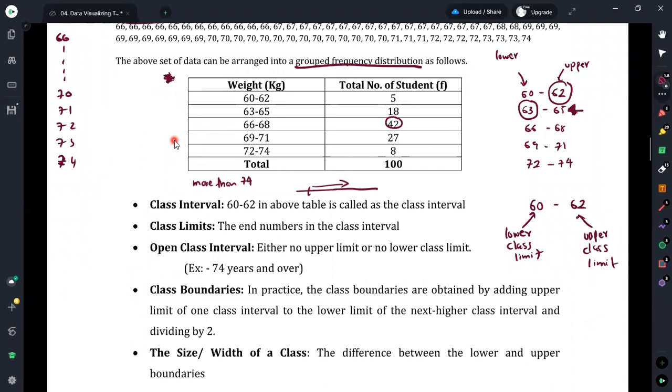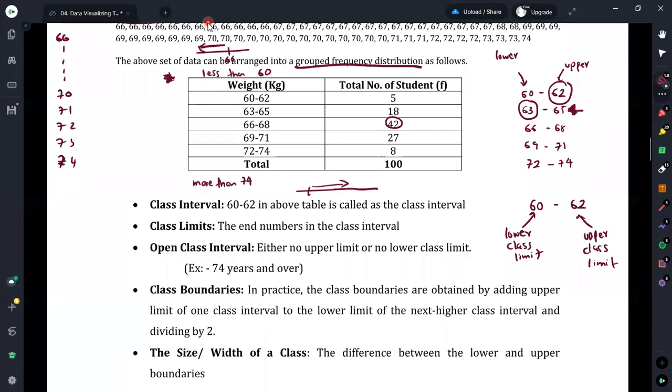Here also we can say it is less than 60. If you are considering it as less than 60, it says that the maximum we have is 60, and we can go below to any value on this lower side. That is why we can again say it is an open class interval. Therefore, if it is an open class interval, we can see that either the upper limit is there or the lower limit is there.